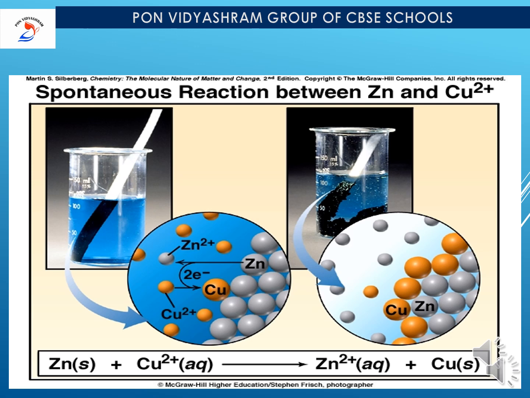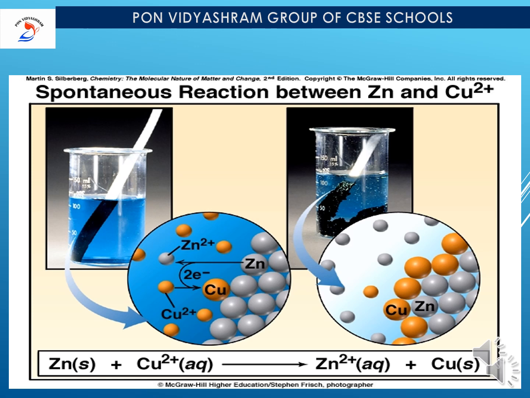Due to Cu2+ availability, we know that copper sulfate will be blue in color. In that container, we are going to dip a zinc electrode. Let me see what is happening. After some time, we could see three important points.